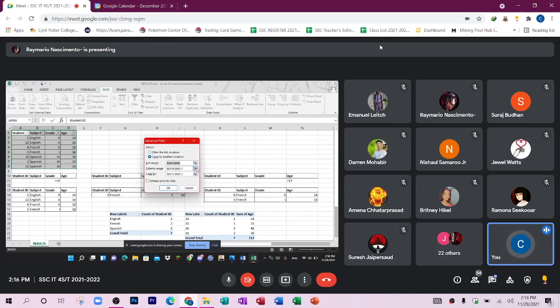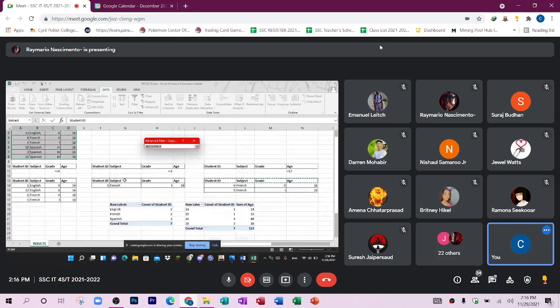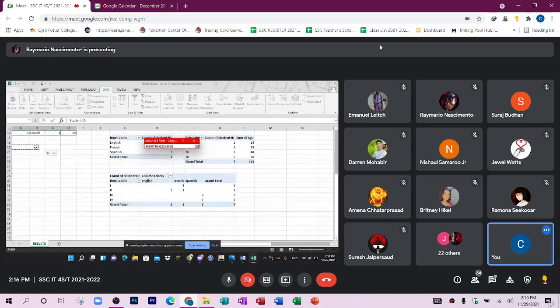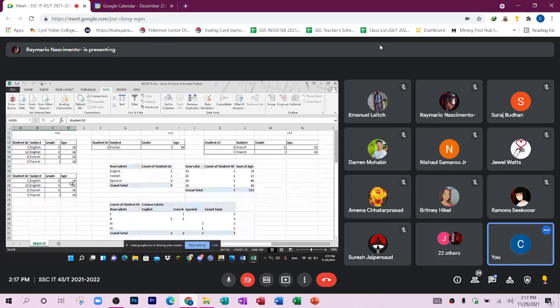So his data there is highlighted. His criteria. He just highlighted his criteria there. And now he has to select his location. Very good. So you have an output there of grades 1 to 2. So for all of you, please remember, for advanced filter, there's 3 things you need: the data, the criteria, and